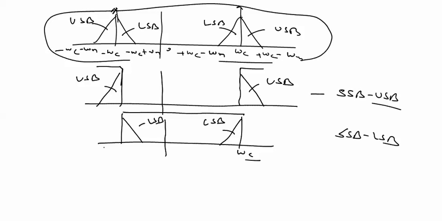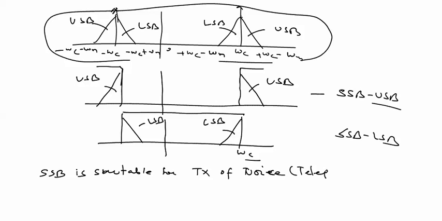But the filter method is very economical and broadly used, so SSB is suitable for the transmission of voice, for telephony purposes. The reason behind that is that the voice band is in this range, and we use a filter up to 5 kHz for SSB generation. The original voice signal band is